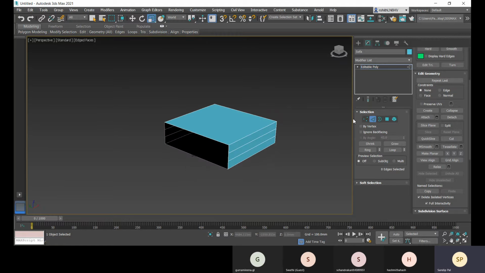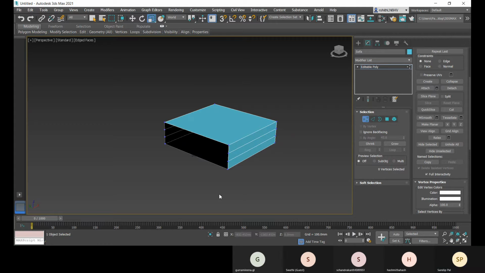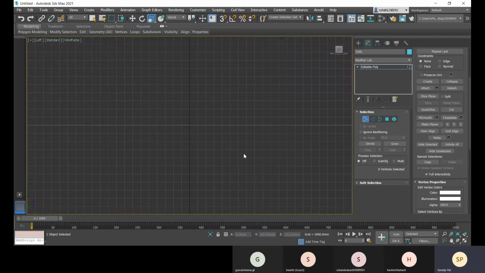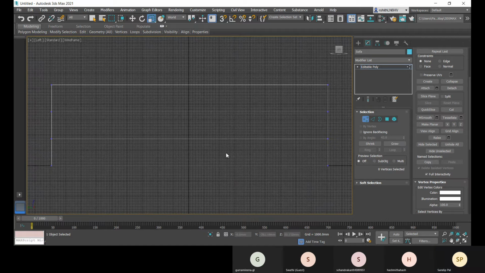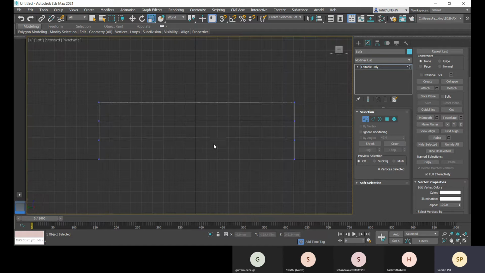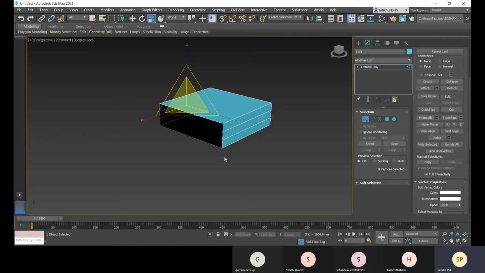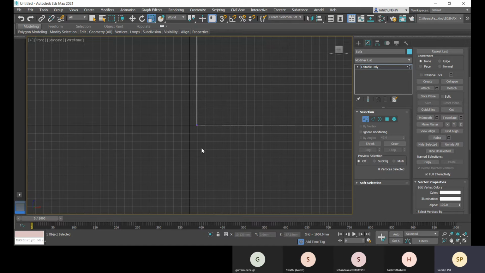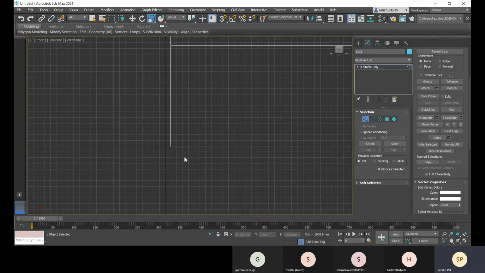Okay, so I will press 1 and I will select all these vertices. For that, let me go to this left view, and let me select from this left view, sorry, this is going to be the front. So it's going to be the front view, not the left view.